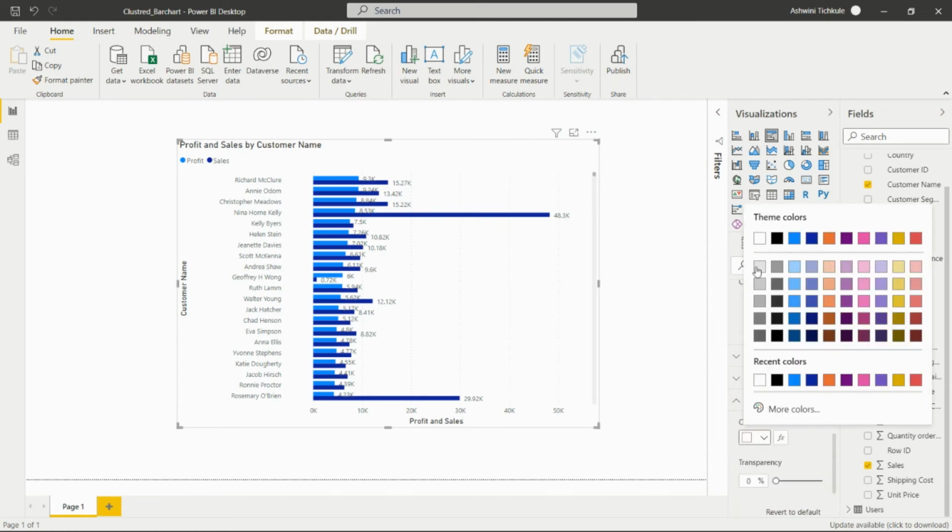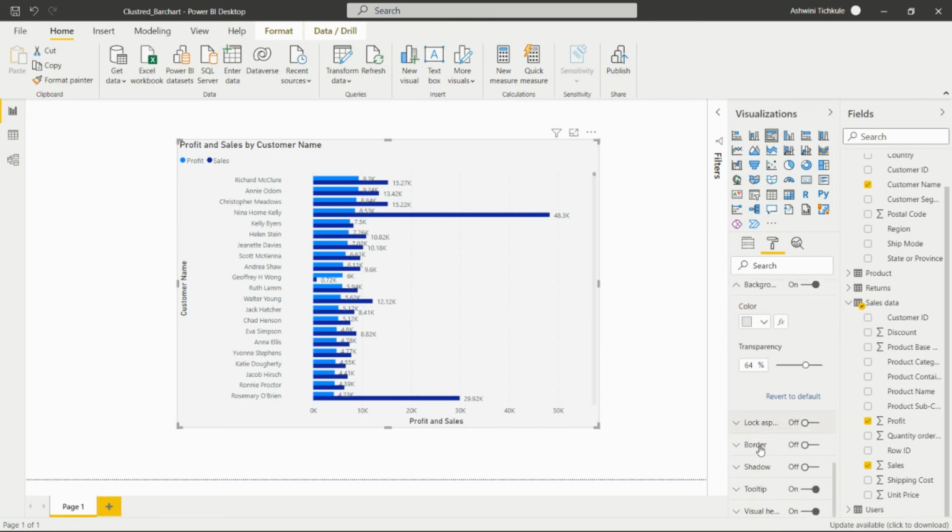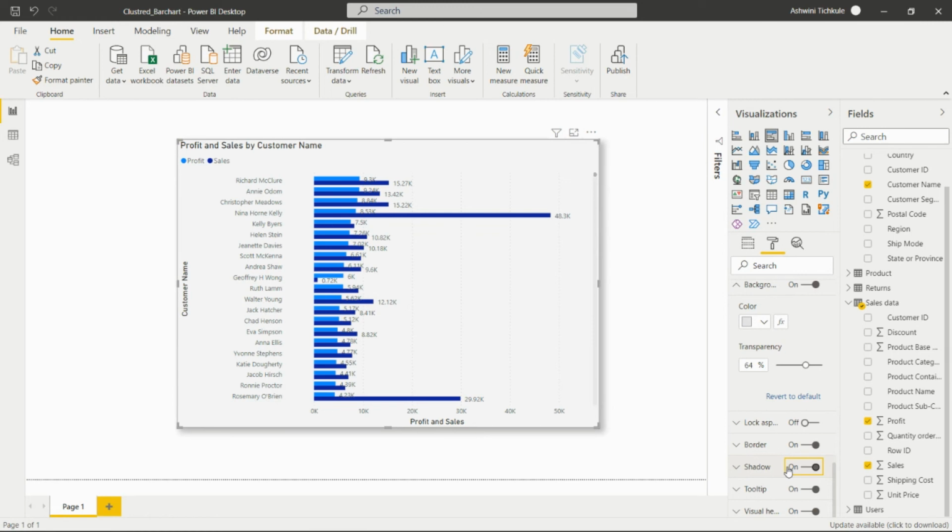I can take this gray color and I can adjust the transparency. According to your criteria, you can give the transparency to the visual. If you want it dark, then you need to go near 0%, and if you want it faint, then you can give a middle number. Okay, and then we can give the border to the visual. From here we can give the shadow, and we can add the tooltip also.